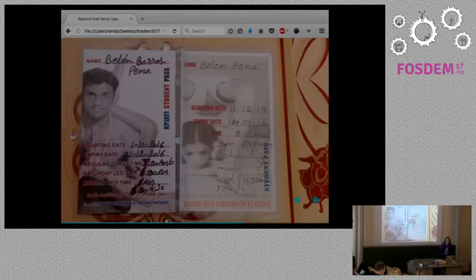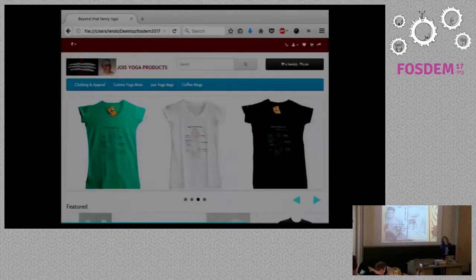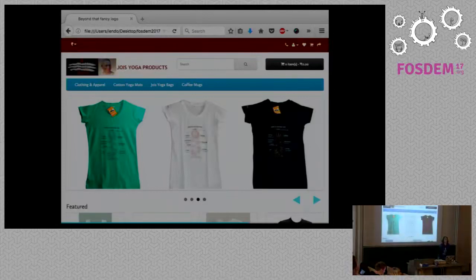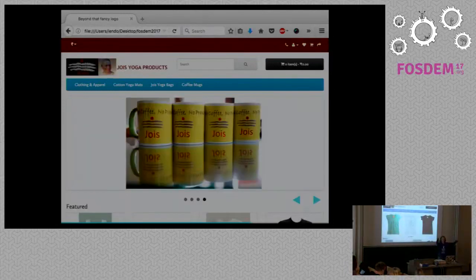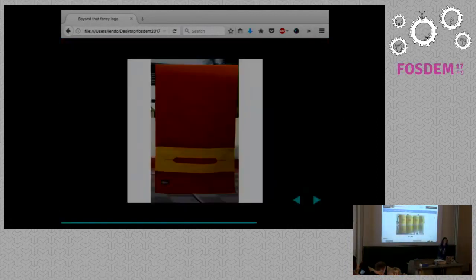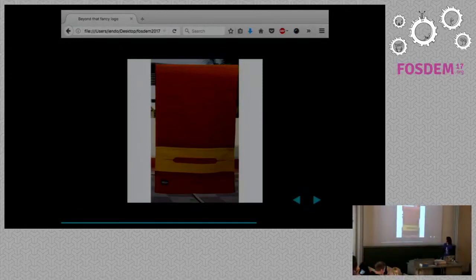The school is incredibly expensive, it's absolutely full, and they're also diversifying their business into new lines. They're entering into new lines of business. For example, they have started to sell yoga apparel. So they sell things like t-shirts and yoga bags. They even sell yoga mugs, whatever that is. And they also sell these things.